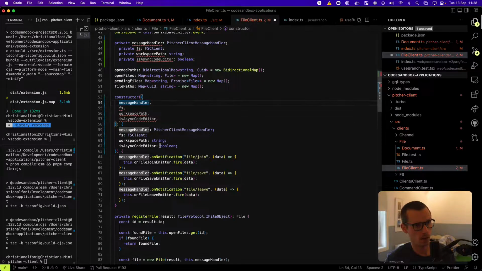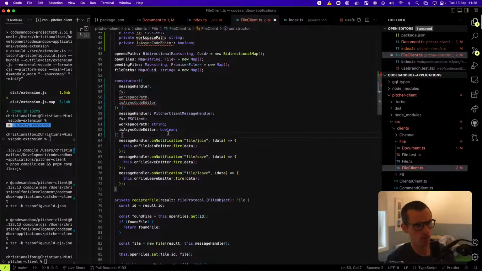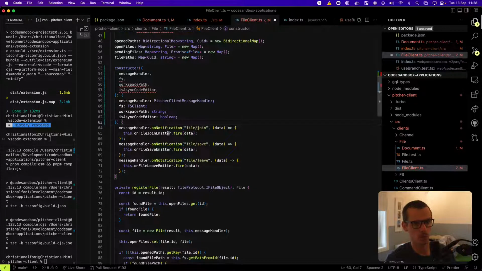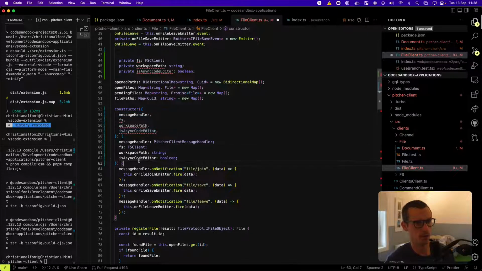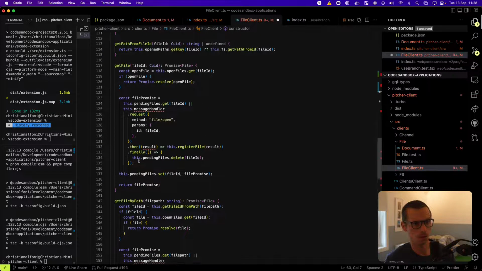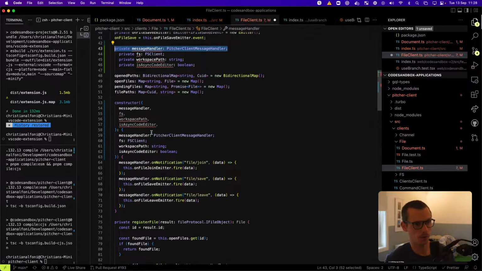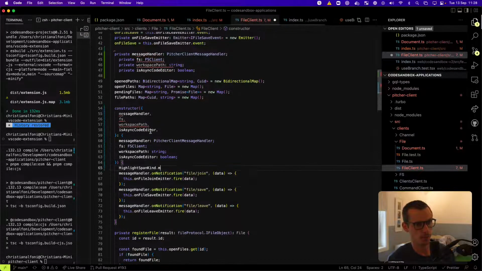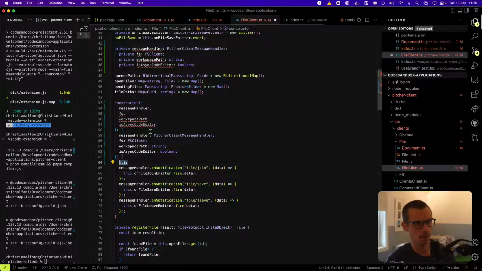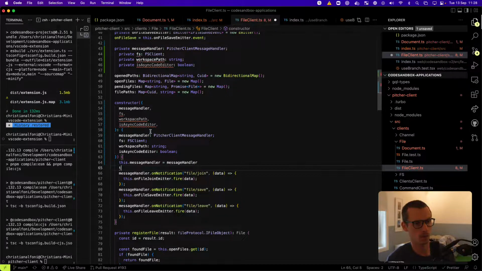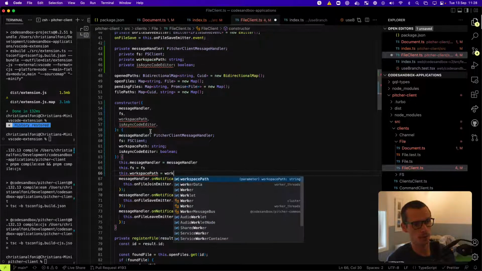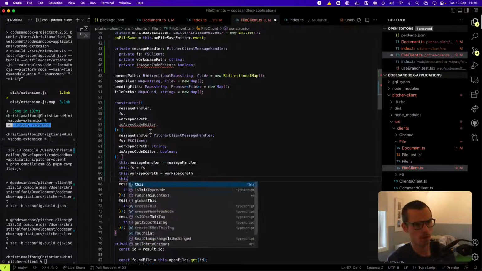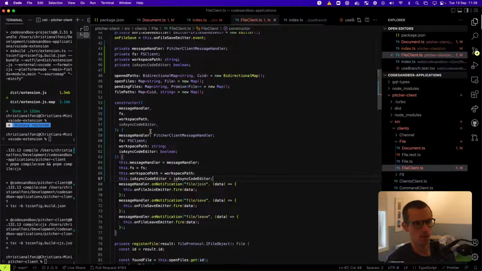Let's just add it. Oh, maybe we don't need a message handler. So message handler is okay, I guess. Oh no, we need this dot message handler. Okay, so what the hell? This dot fs equals fs, this dot workspace path, and this dot is async editor is async editor. Okay,